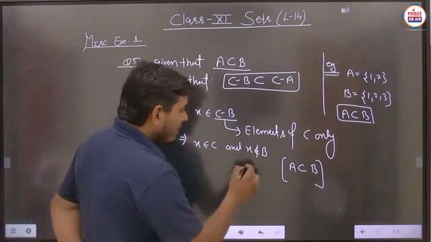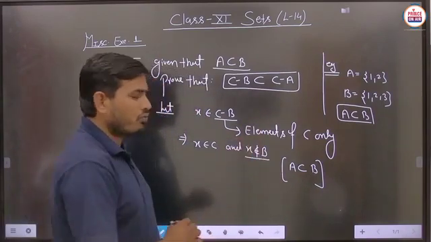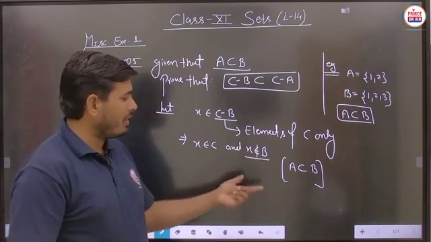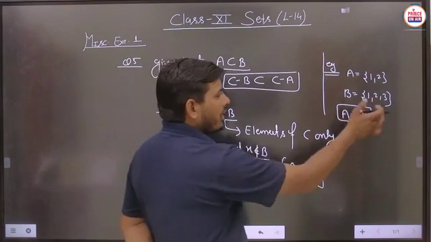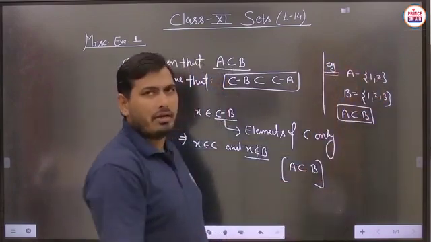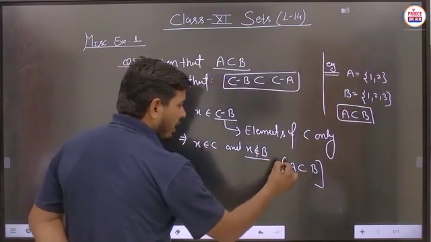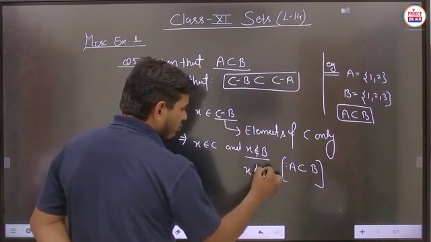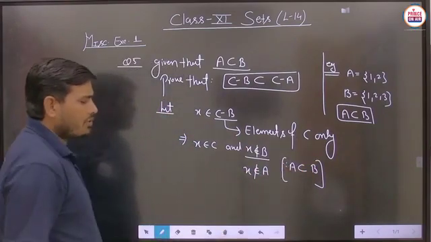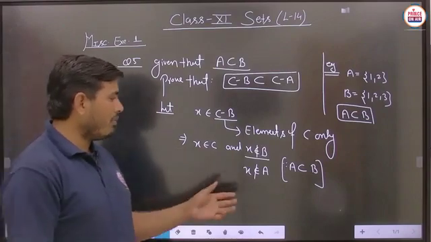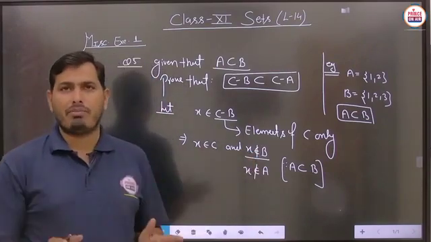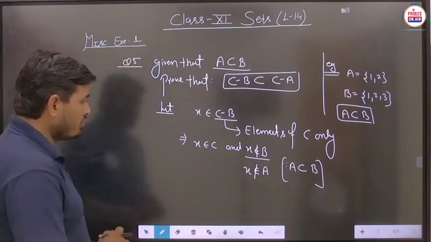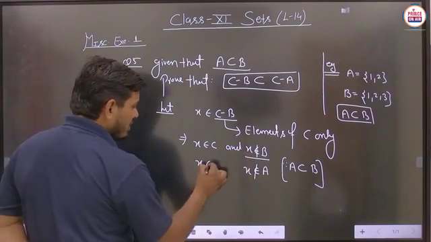Now you are saying that this x does not belong to B, meaning no element x is to be found in the set B. Then definitely, student, such an element is not found in the set A also. So on behalf of this condition you can say that x does not belong to A, because A is a subset of B. If no element x is found in the set B, then definitely this x is not found in set A either, and here it is given that x belongs to C.